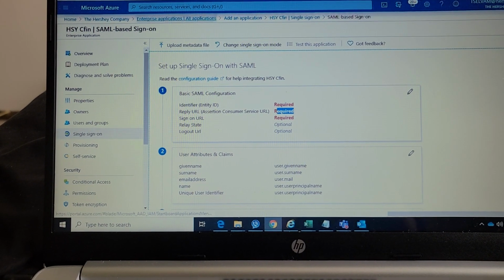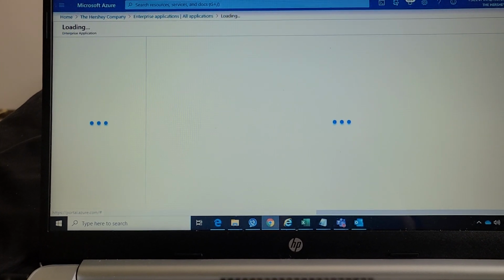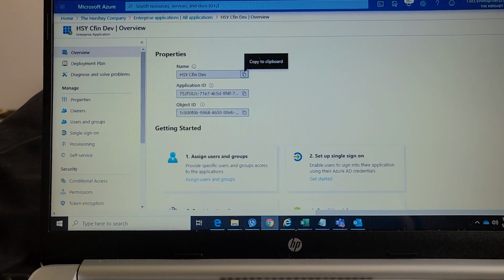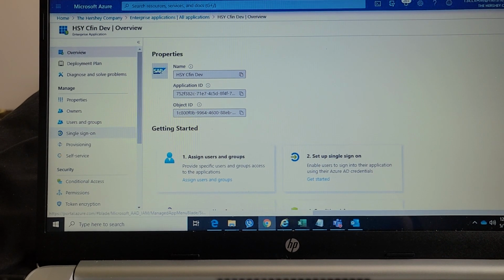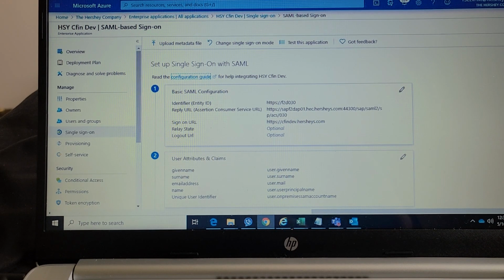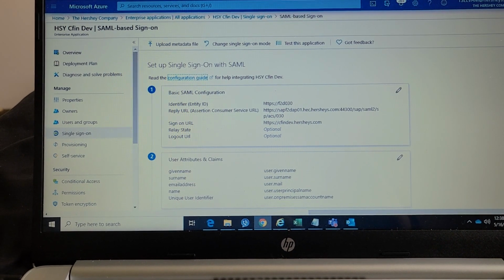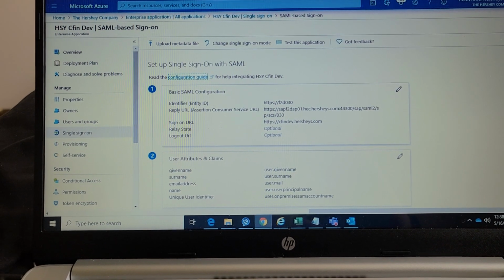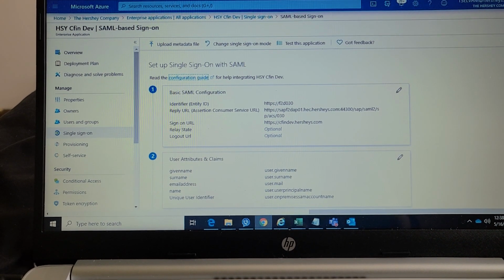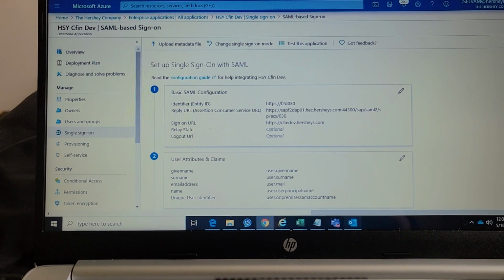Now for the sign-on URL, we will check the old one. I'm checking the non-prod. The sign-on URL is https://cpindev.hersheys.com. So for production, it should be just cpin.hersheys.com.